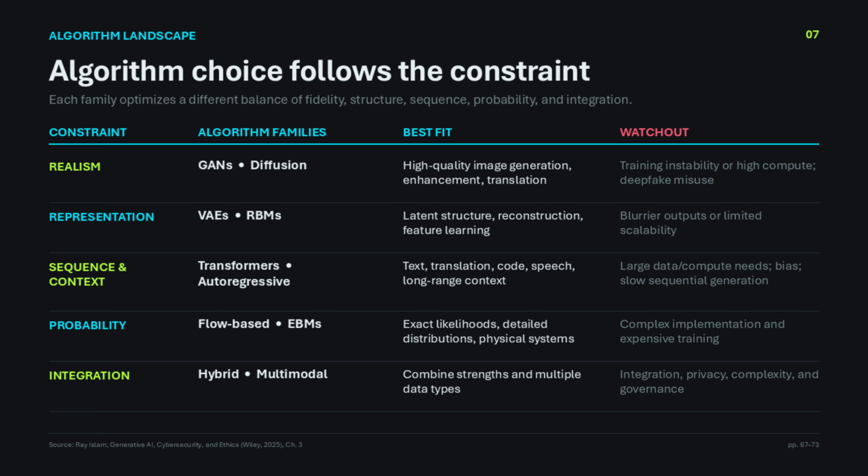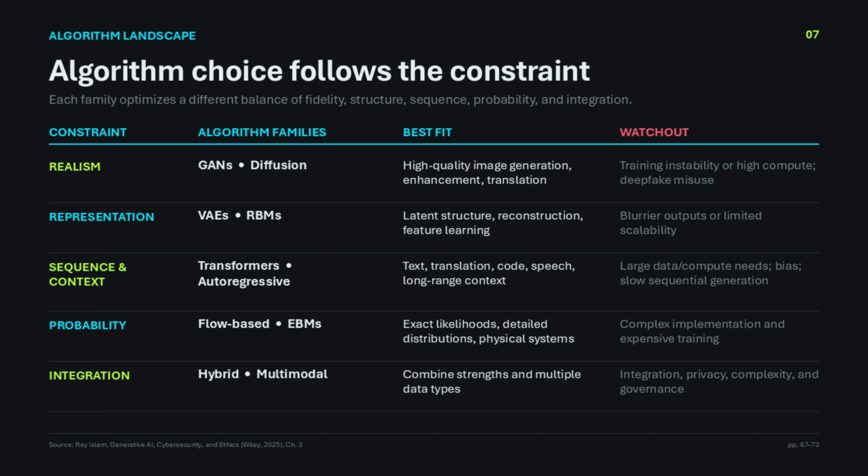Now, for the algorithm landscape. And this is where people often ask, which model is the best? The honest answer is, best for what? If realism is the goal, GANs and diffusion models are strong choices for high-quality images and transformations. The trade-offs can include heavy compute, difficult training, and deepfake risk. For learning compact representations, VAEs and RBMs help with reconstruction and feature learning, although the outputs may be softer or